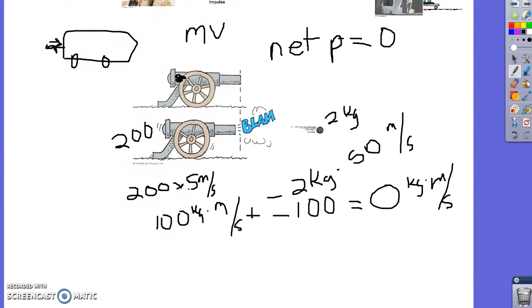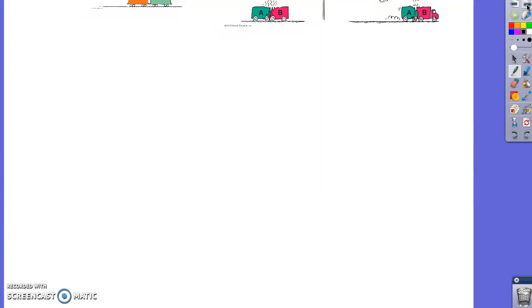The last thing that we're going to talk about is momentum in collisions. Okay, when one object runs into another object and collides, there's going to be momentum involved. Both objects have momentum before, and they're going to have momentum afterwards. All right. If two objects,